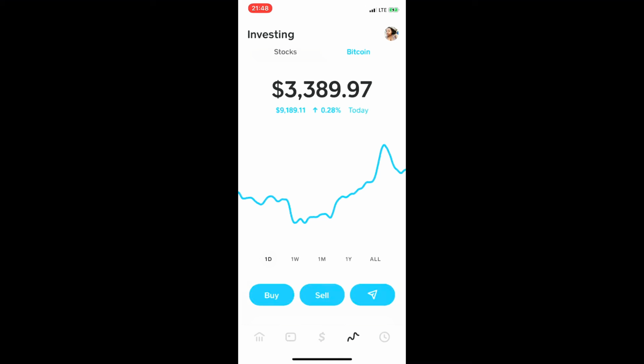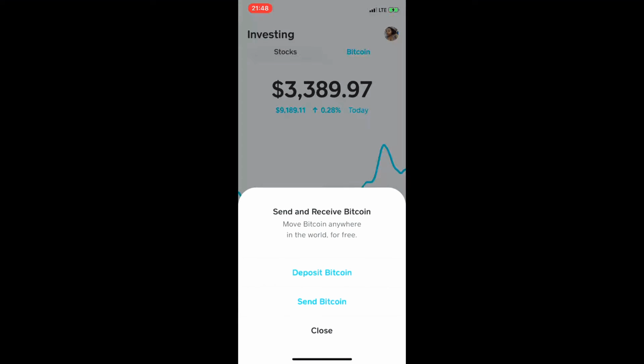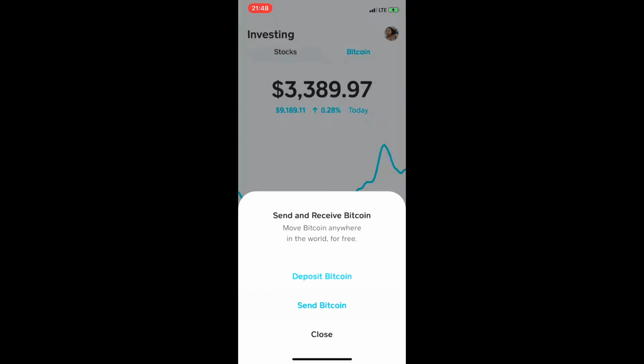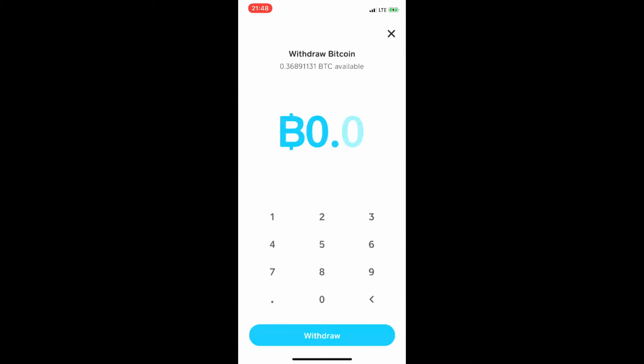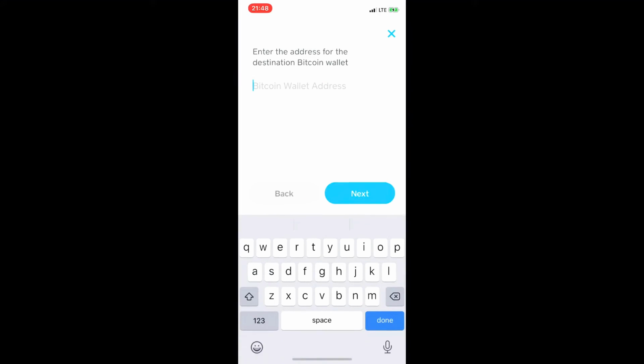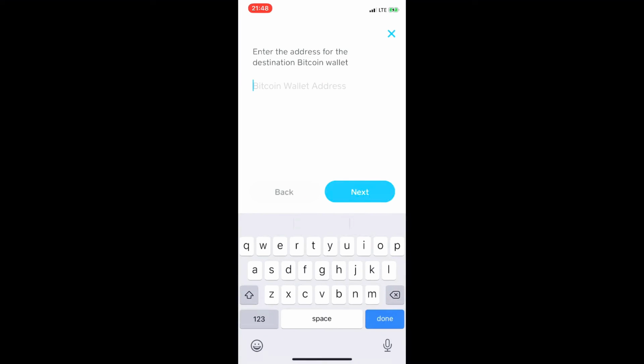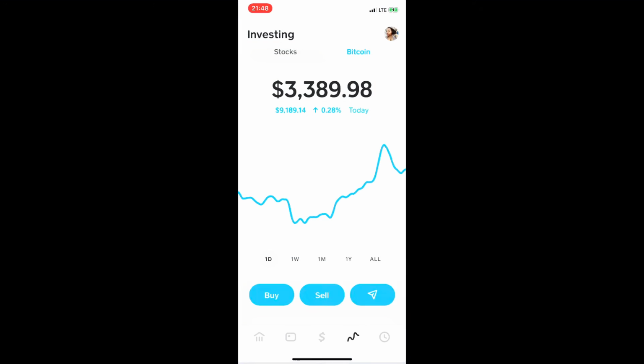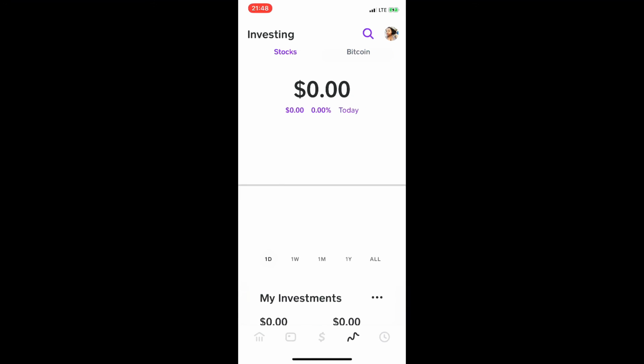Now I'm going to go back, and this page also has the same feature to where you can send Bitcoin again. This feature is the same as on the previous page. I guess they just decided to add it twice. So it's the same process, but when the camera comes up, it's so you can put the QR code in from another device, or you still have the same option to enter it manually. So I'm going to go back to the previous screen, and you see the rate of Bitcoin just changed,